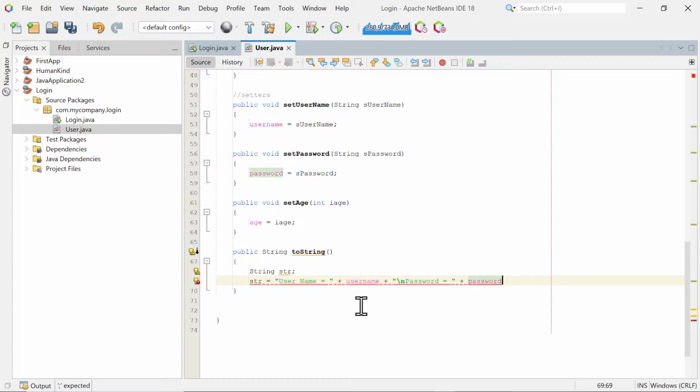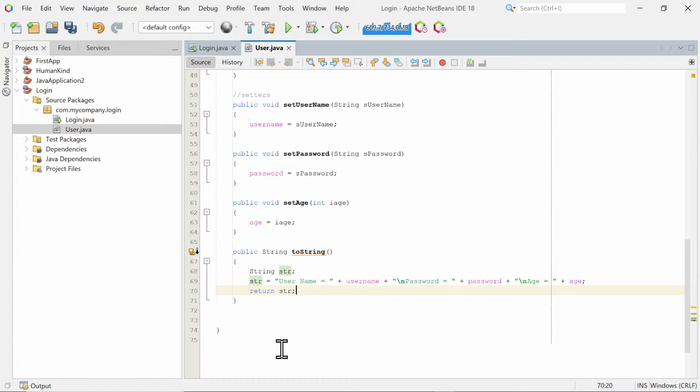So my heading and my attribute is separated using a plus. I want a \n again, and then I want the heading age equals, and let's put down the age, and then we need a semicolon to end that line, and we need to return,